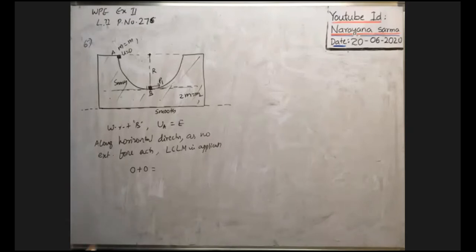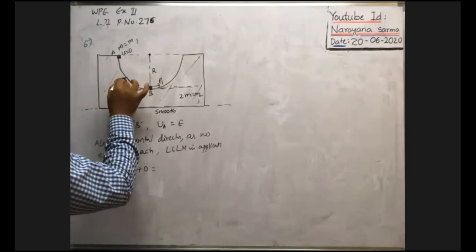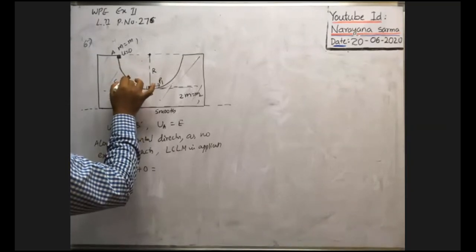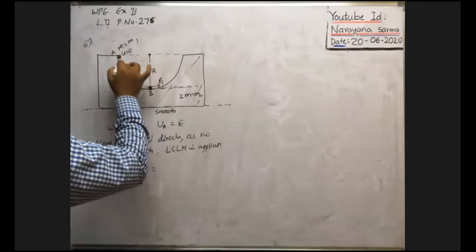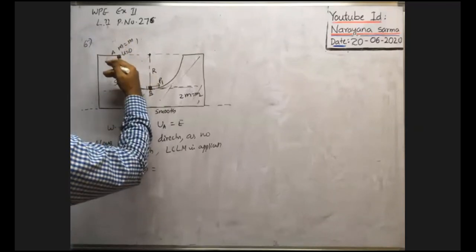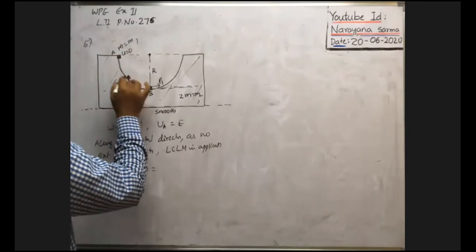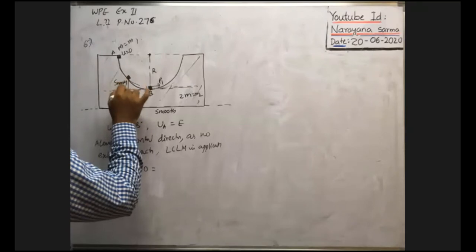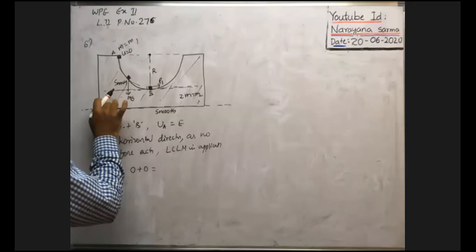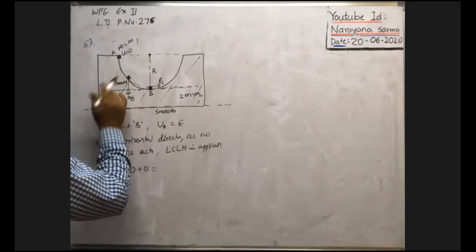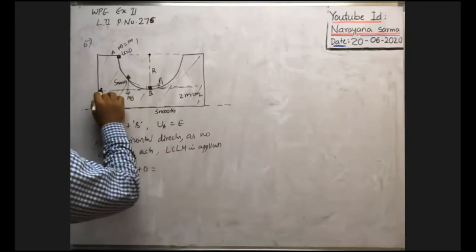What is the reason? As the body comes down here, the centrifugal force acts in this direction, and the weight mg acts in the downwards direction. As it comes down through a certain distance, it loses potential energy. Because of that loss of potential energy, it acquires some kinetic energy. But the loss of potential energy is not exactly equal to the kinetic energy, because this wedge is also in motion. If the wedge is fixed, definitely the loss of potential energy is equal to the gain in kinetic energy. We can write that directly.